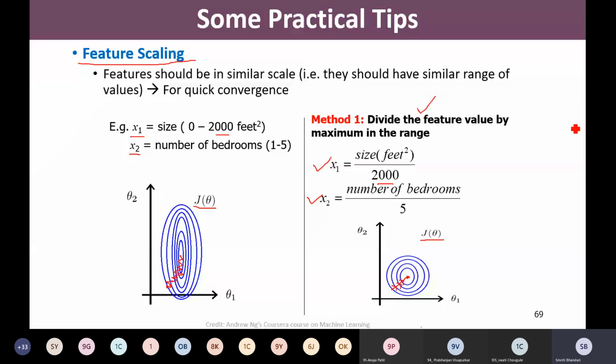We are going to talk about one more such method for feature scaling, and practically whenever we implement gradient descent, we need to use such feature scaling techniques, right, to improve the performance with respect to the number of iterations required to execute our gradient descent. Okay, I hope you must have understood. If you have any doubts, please let me know. Fine.